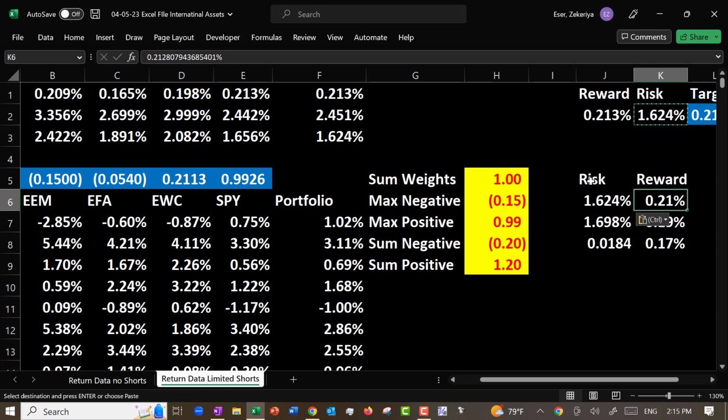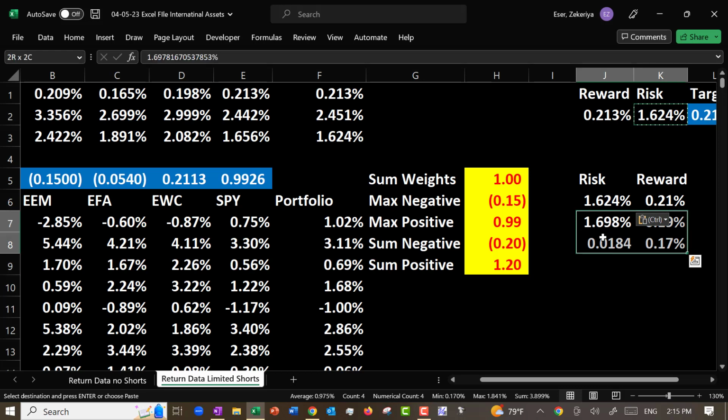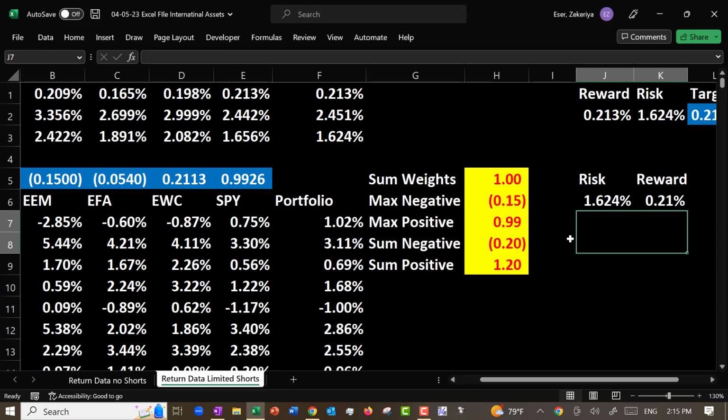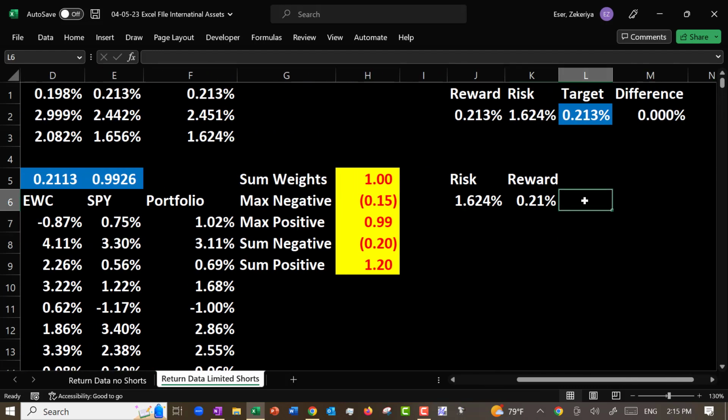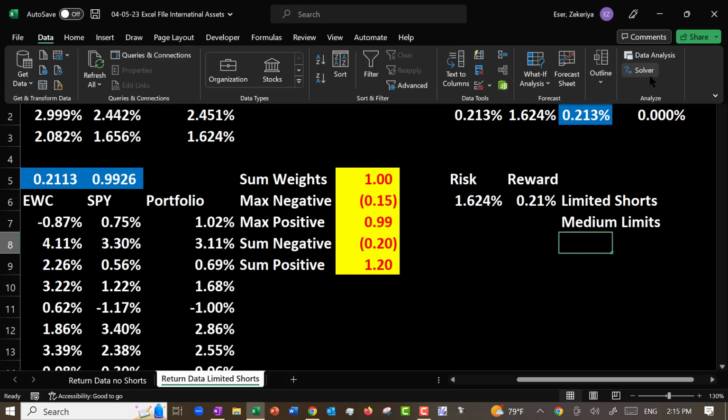We can repeat this process. I'm going to leave that as an exercise to you. If we could do a little bit more shorting and stuff, this is limited shorts. Medium limits. I'm going to basically expand those a little bit. I'm going to change these. So let's make that